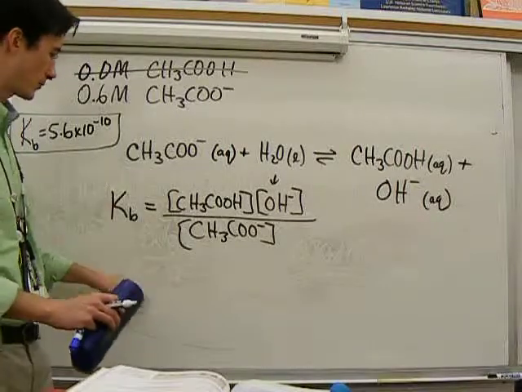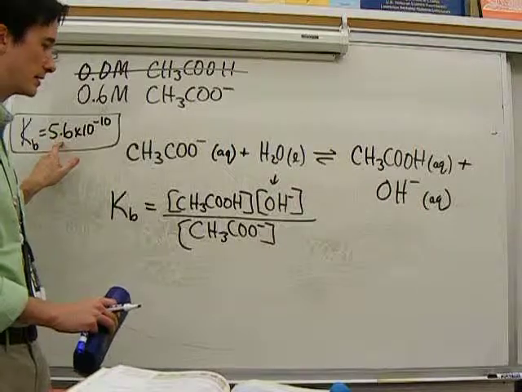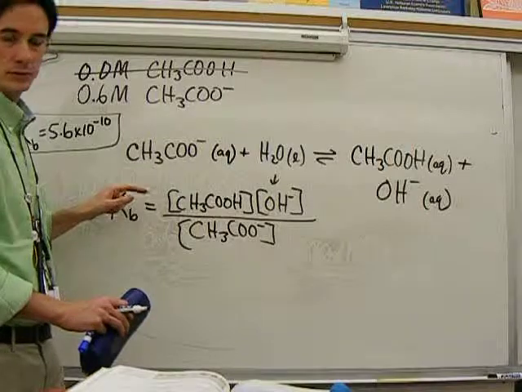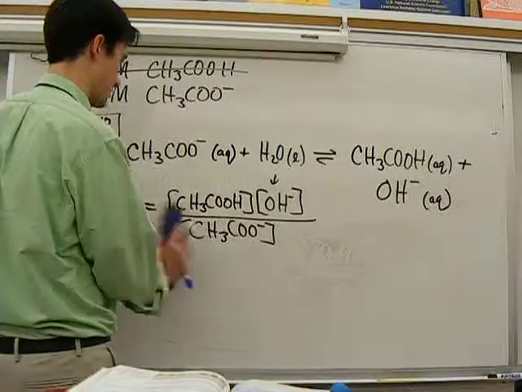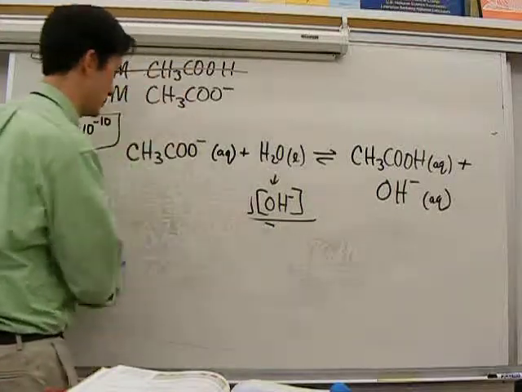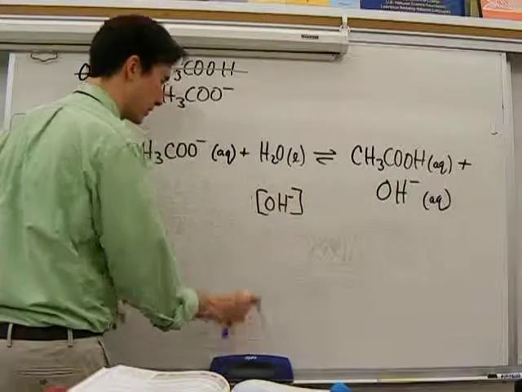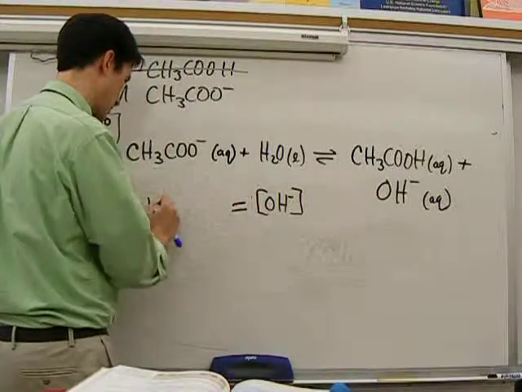So we can rearrange this. We do the same thing as we did before. It's Kb, which is 5.6 times 10 to the negative 10th, times 0.6, and then you take the square root. You end up getting 1.83. So I'm just going to get rid of this. That's what we're concerned with. So X, or concentration of OH, equals